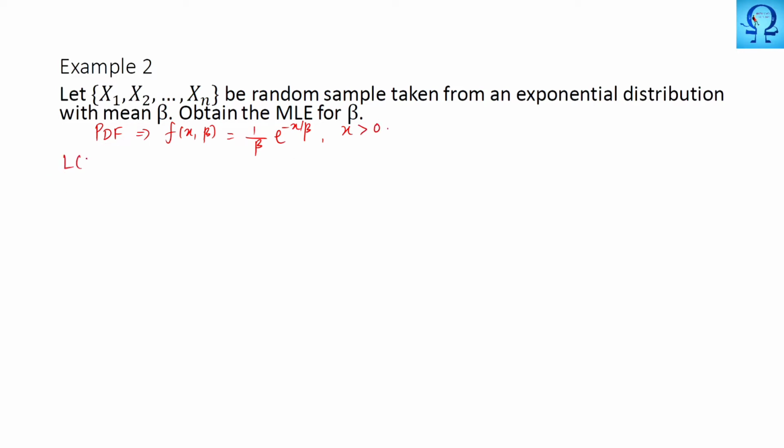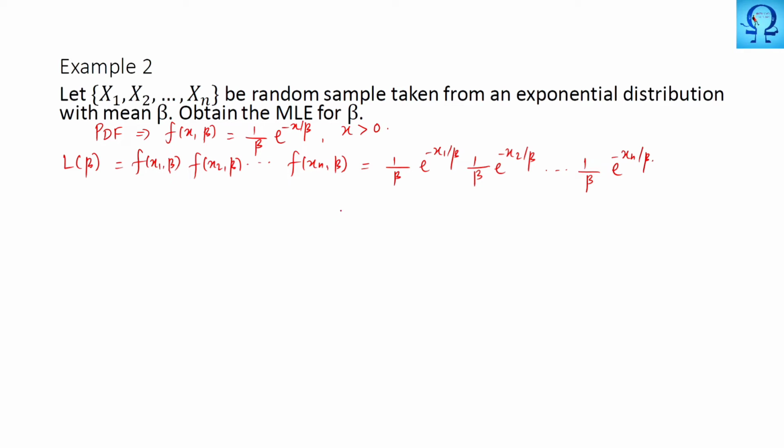Okay, and the likelihood for this beta is f of x1 comma beta product with f of x2 comma beta till f of xn comma beta, since we have a sample of size n, and this is 1 upon beta times e to the power minus x1 upon beta, 1 upon beta times e to the power minus x2 upon beta till 1 upon beta times e to the power minus xn upon beta. So we have this beta for n times, so 1 upon beta to the power n